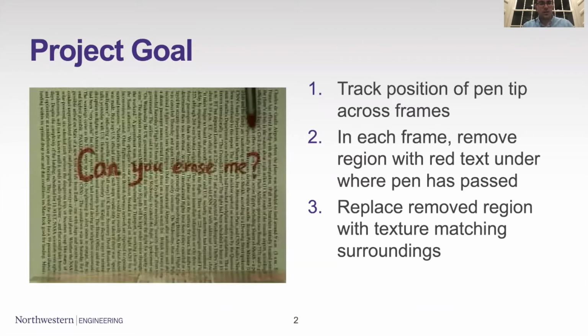So this prompt challenged us to take this original video seen here on the left with a pen, tracing from right to left across the top of the image, and then in the middle of the image, the words in red, "Can you erase me?" And then the goal here is to make it appear as if as that pen traces across the top of the screen, the corresponding region underneath it with the red text is being removed from the image and erased underneath the pen